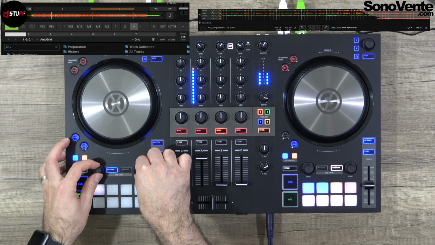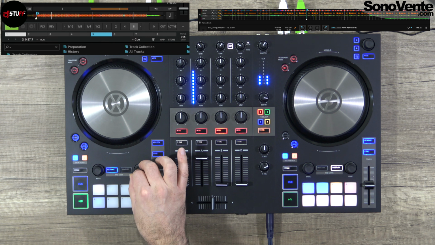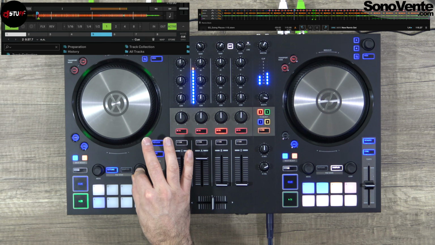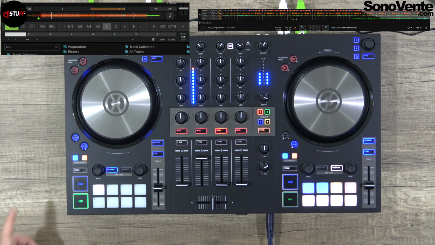Let's see this part. Yeah, you can make a hot cue, you can make a loop if you want, like that. You can make a flux mode if you want, but you can't just touch the level of the rhythm like that. You see, you have to do it with your mouse,